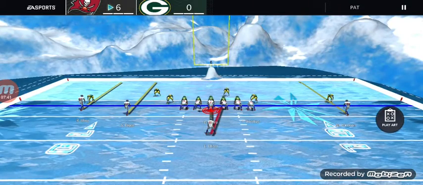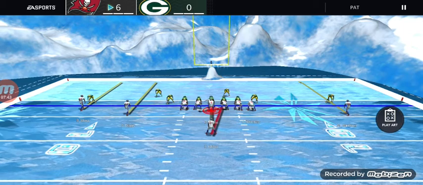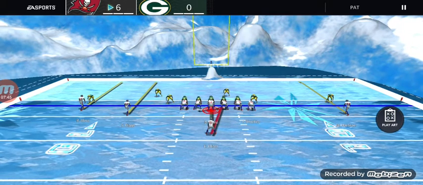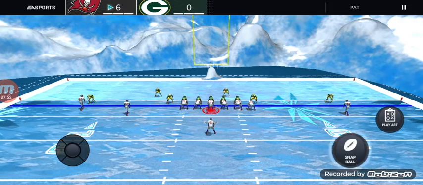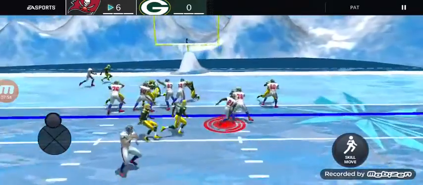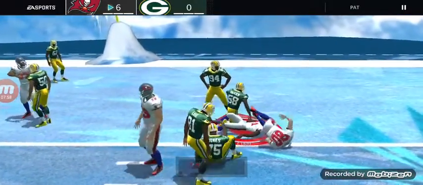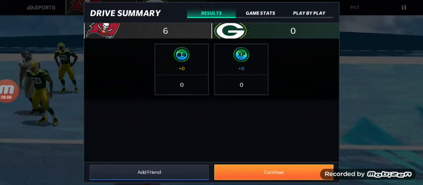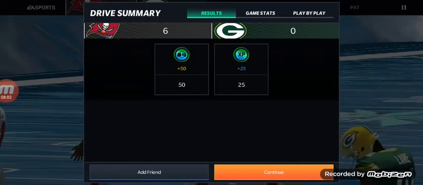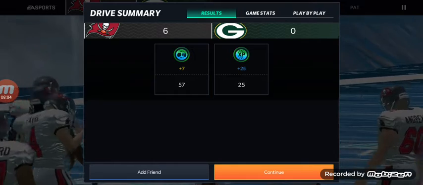And now on 2-point conversions, I always just run 0-1 trap. He's got a good defense to stop this. He's in goal line. He's got 5 down linemen. It's going to be tough to get through there, but we'll see what happens. I had a hole. I missed it. The guy got me from behind. But as you can see, I ran the ball that entire time, and that was against a guy that was